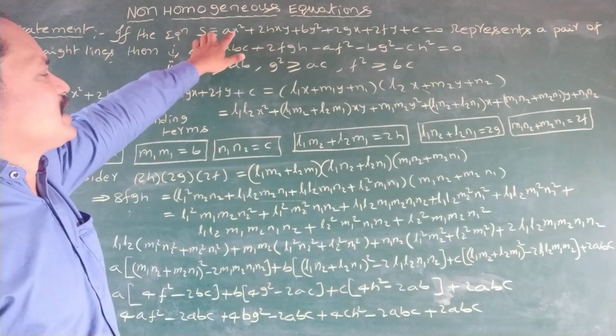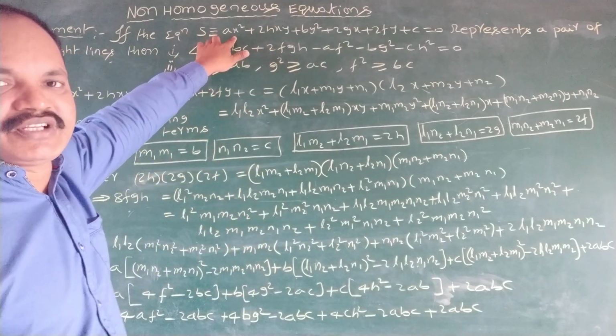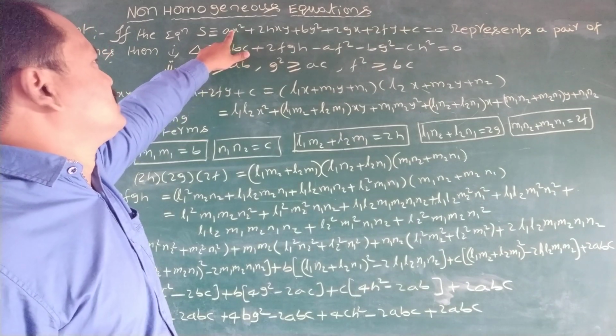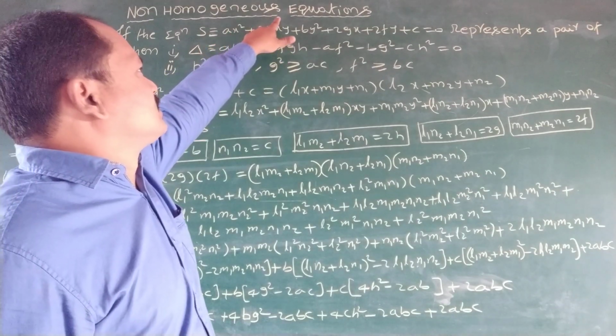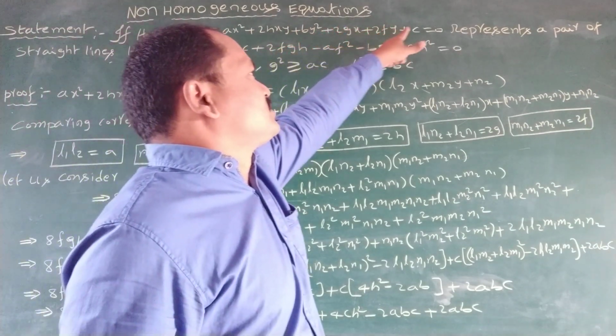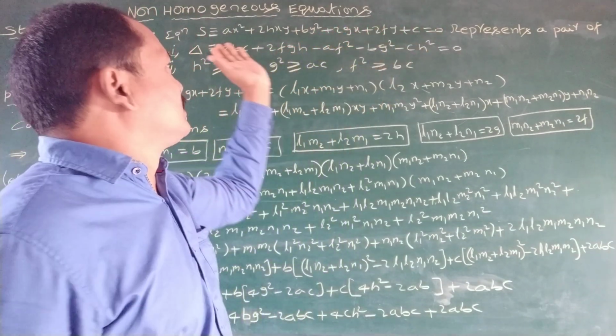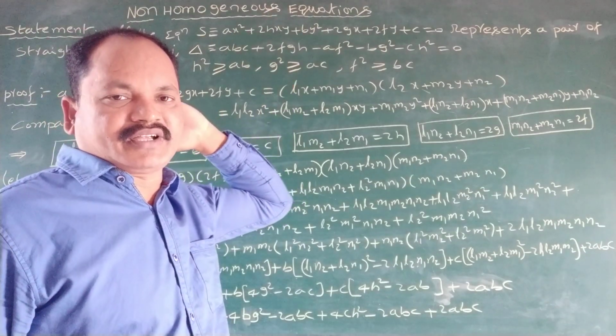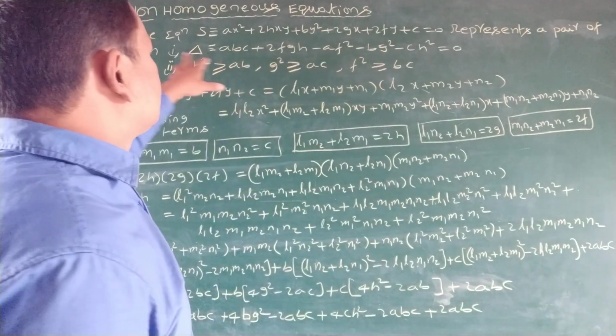That means the non-homogeneous equation: here the terms are second degree, but here the term is first degree. That's why the powers are not balancing, and that's why it is a non-homogeneous equation. It represents two lines,